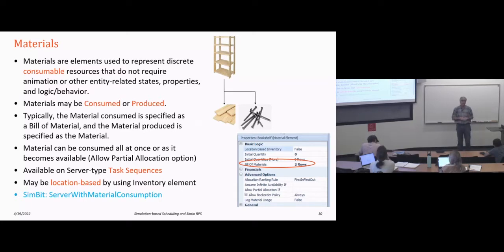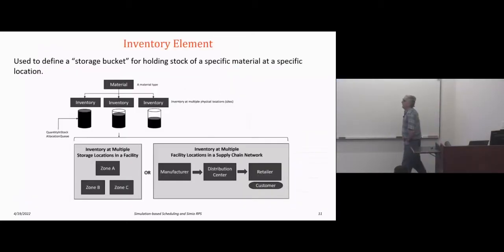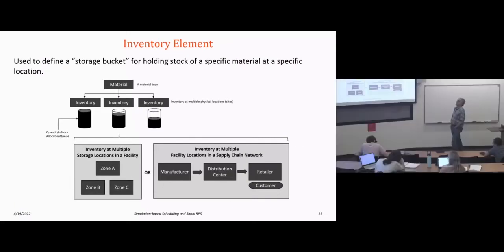But the same logic applies in that we are using that constraint based on just a specific number. Then we have inventory elements. We didn't use too many inventory elements, but essentially what an inventory element does is it attaches location information to a material. So from a model standpoint, a material is just a global number. If I have component A, I just have some number of them in my model. There's no location associated with them. If I use an inventory element, I can actually have that somewhere.